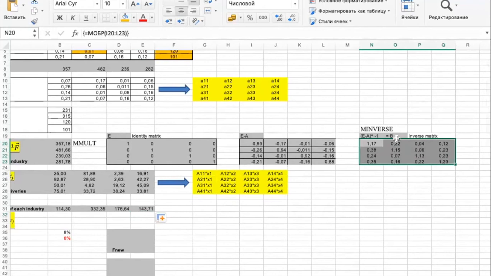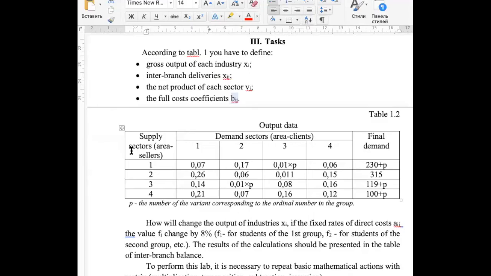It is our matrix B, and this is the matrix of full coefficients. So you can see where we have the necessary information. So it means that we find all these